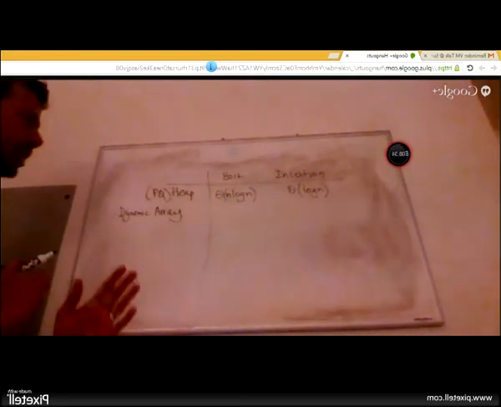Sort as in you have to give the whole element, like the next sorted element. You have to give me all the elements that you have seen so far in a sorted order.